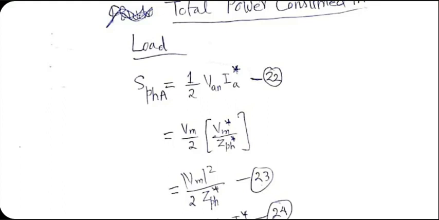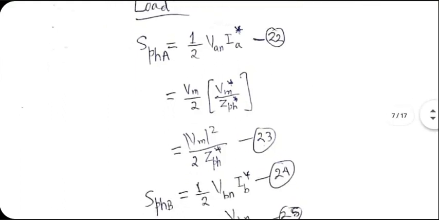Okay, and then you can see the mathematics, right? Vm multiplied by the complex conjugate of Vm. Actually, Vm is a real number anyway, but it gives you essentially the magnitude of Vm square. That means Vm square. I became too pedantic here. ZPH in general is a complex number for sure, so its complex conjugate has to be maintained.